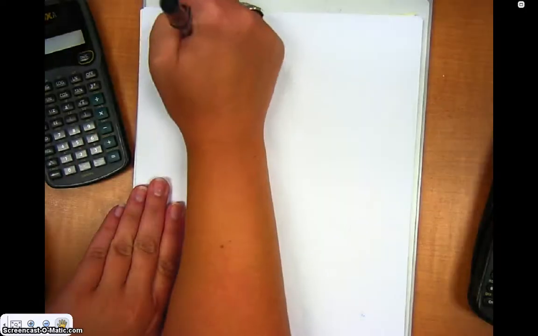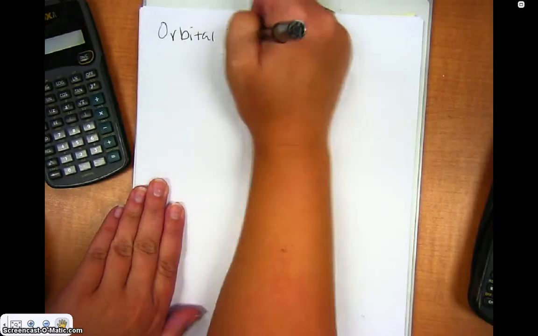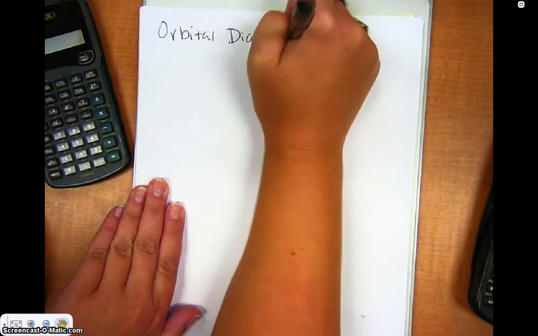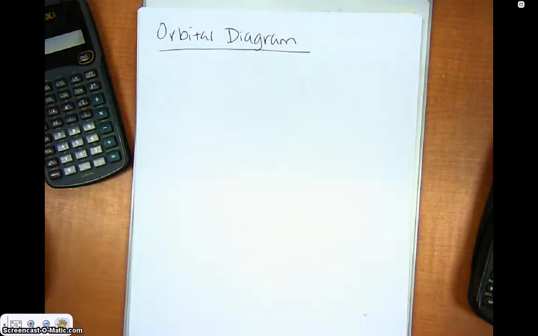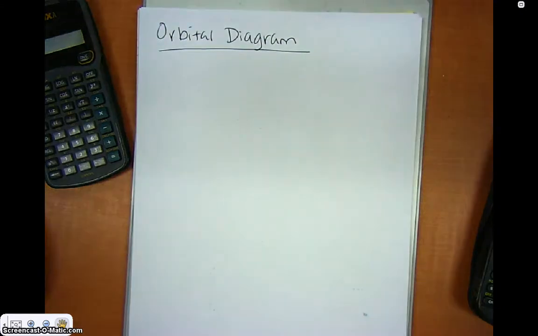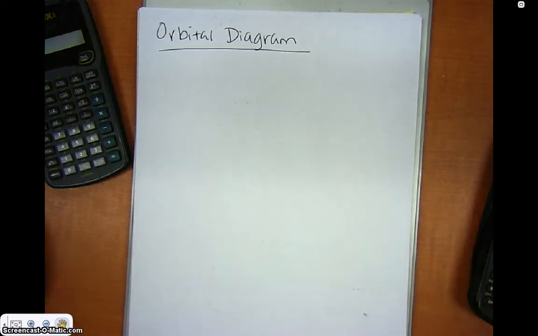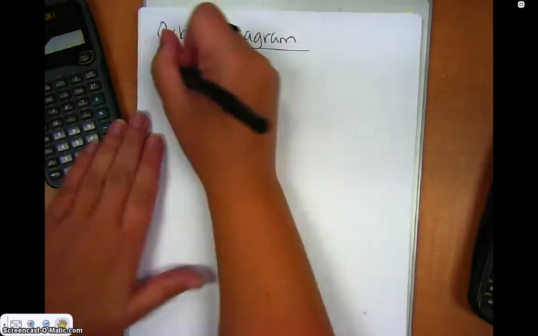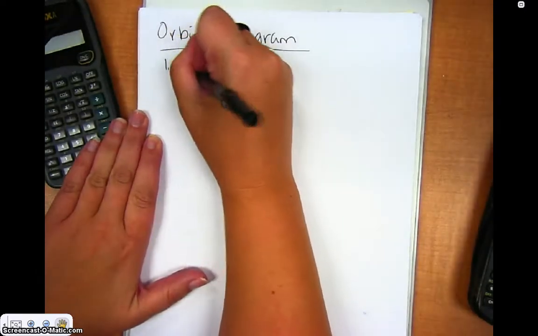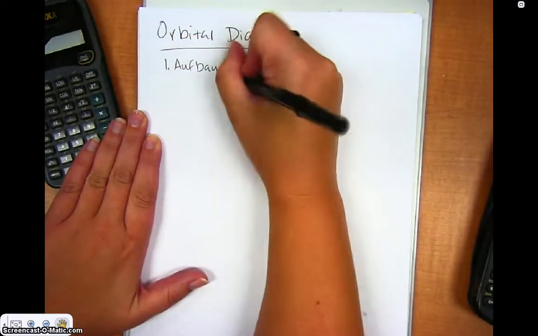Alright, in this video we're going to learn how to do orbital diagrams, which an orbital diagram is a representation of the electrons within an atom. So it's going to be important for us to remember what we learned in the previous video about the quantum mechanical model. So remember that there were three different rules, and the first rule was the Aufbau principle,